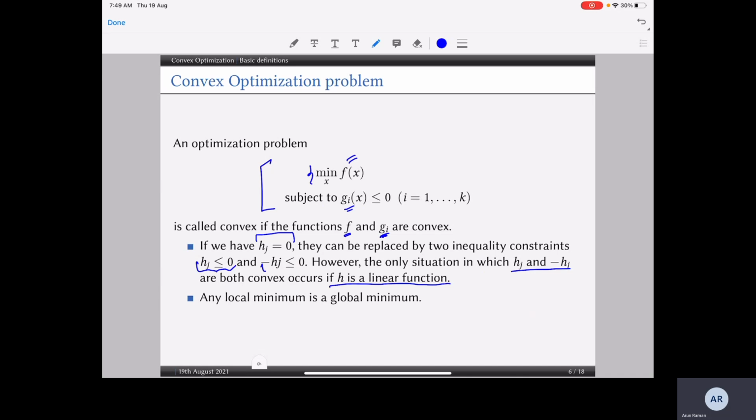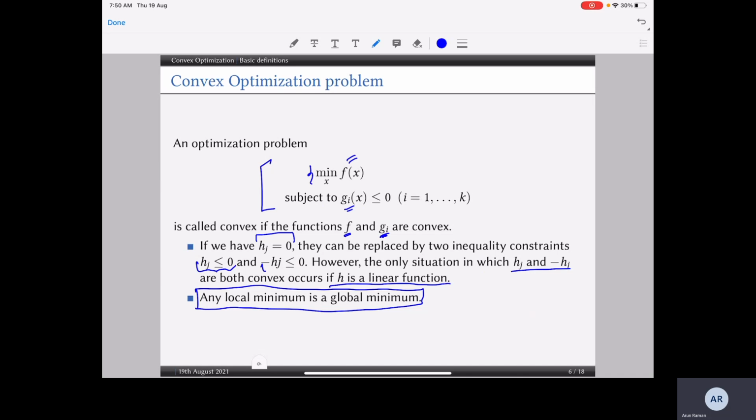The most important observation that we have, and why convex optimization is so popular, is that any local minimum is also a global minimum. So if we look at it from a standard minimizing perspective, if we take the derivative, equate it to zero, and solve the equation, we will get a global minimum. We will not have multiple minima. In several applications, if we want to find out whether the point that we have reached is a global minimum or a local minimum, then if the problem is convex, we have a guarantee.